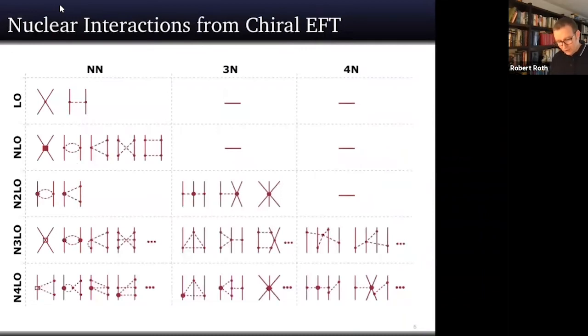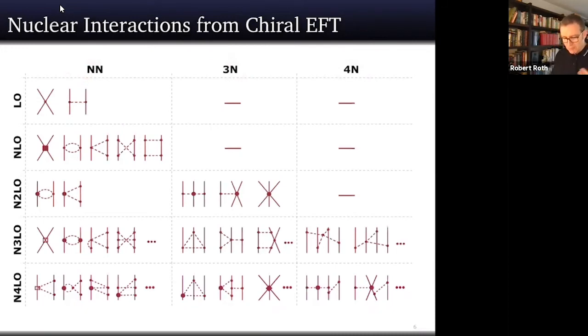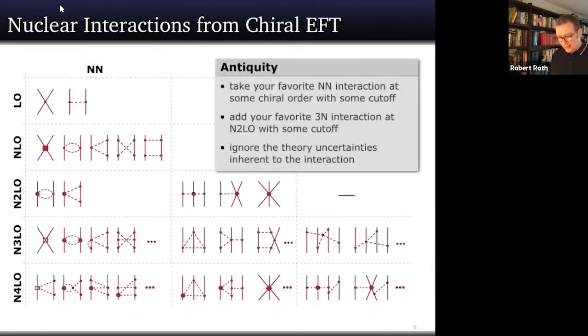I showed this picture, or a different version of it, before. That's just the table of diagrams, a pictorial representation, if you like, of contributions to the chiral interaction, sorted by chiral order. So the power in your power counting scheme, some exponent in terms of a small quantity, and in terms of the particle number, the rank of these interactions: 2-body, 3-body, 4-body interaction. And if you take this kind of map as something to illustrate how interactions were designed, then the antiquity story,